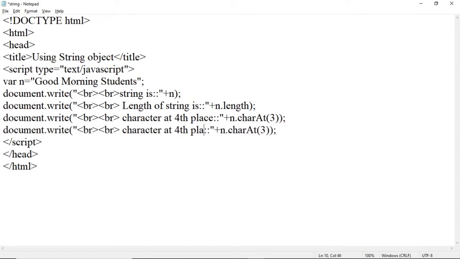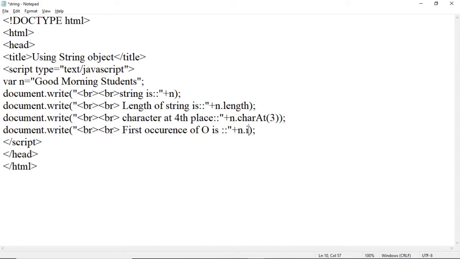Now we want the first occurrence of a character. Suppose the character is O. To get the first occurrence of a certain character, we have to use the indexOf method.